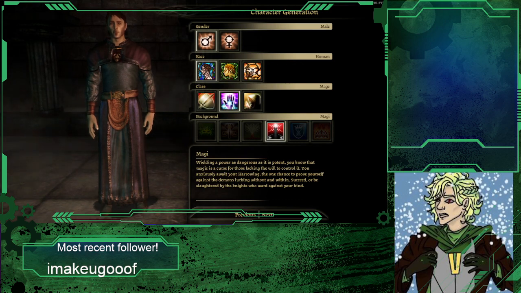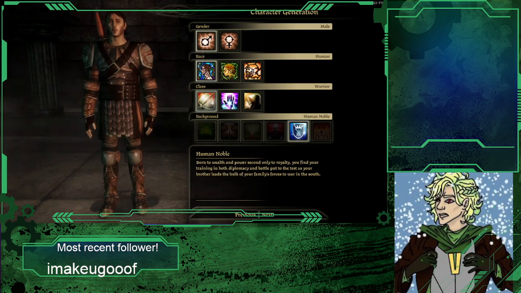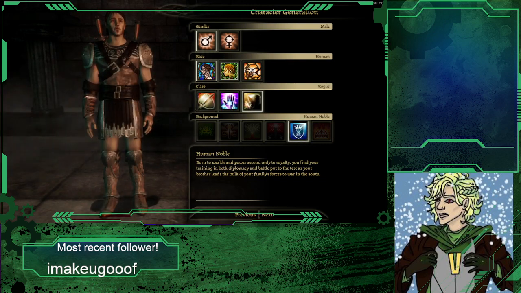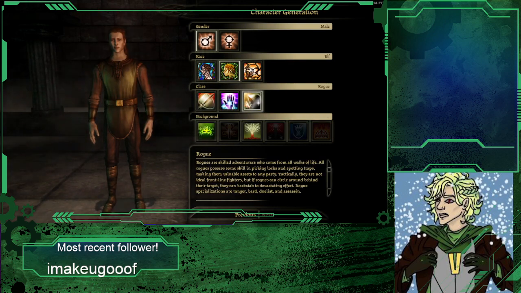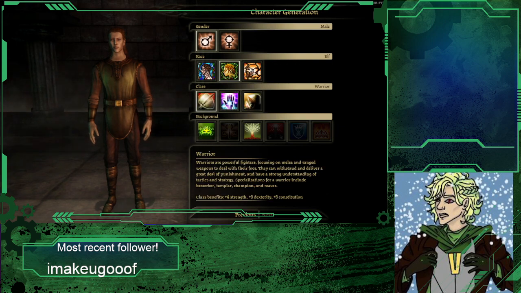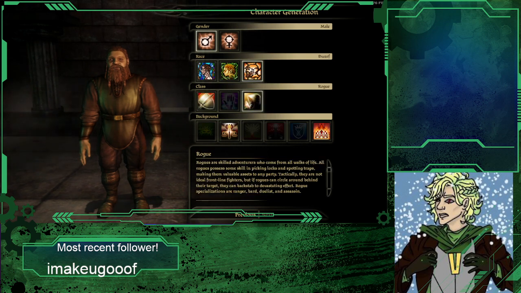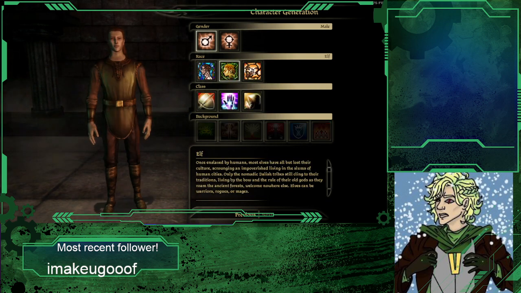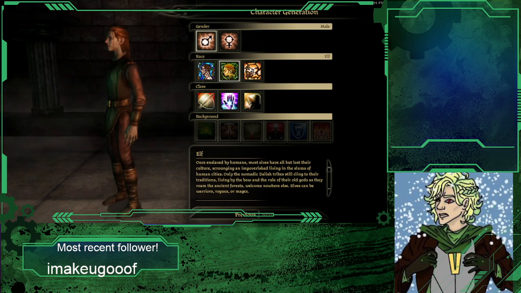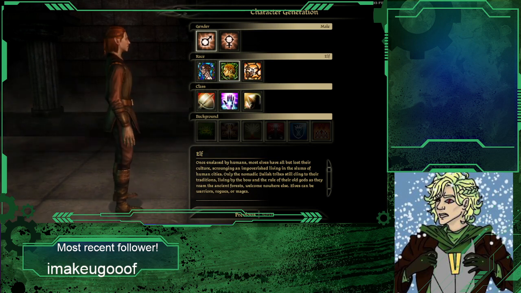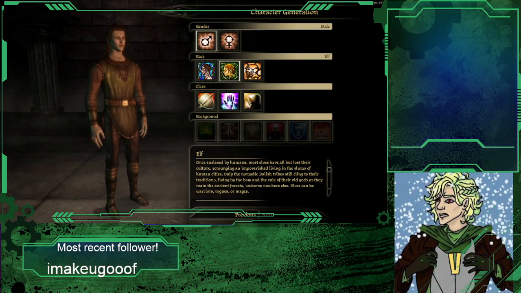So apparently Magi can only be that. Human noble can only be that. Human rogue can only be that. Elf rogue. Oh, those other things must just be specific to dwarves. Interesting. Very interesting.